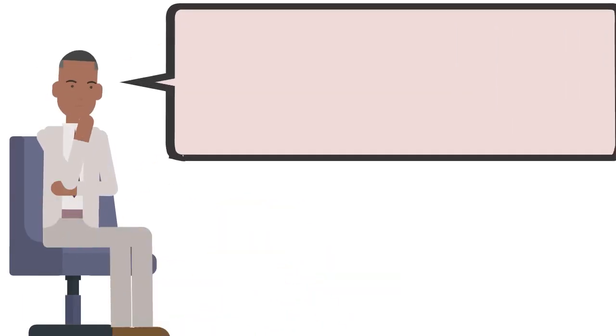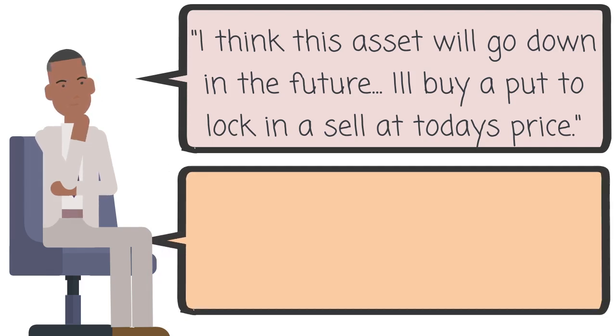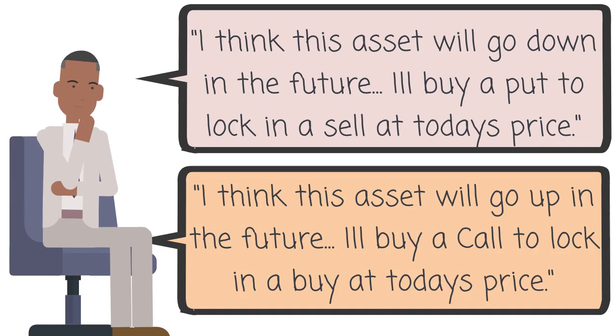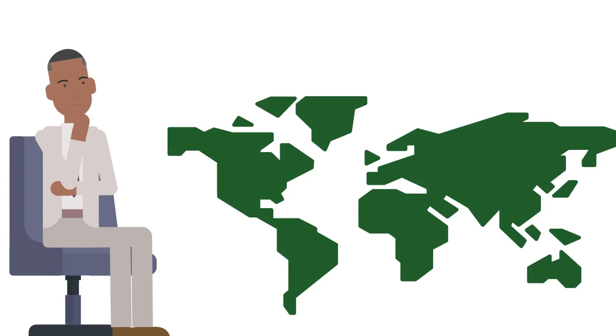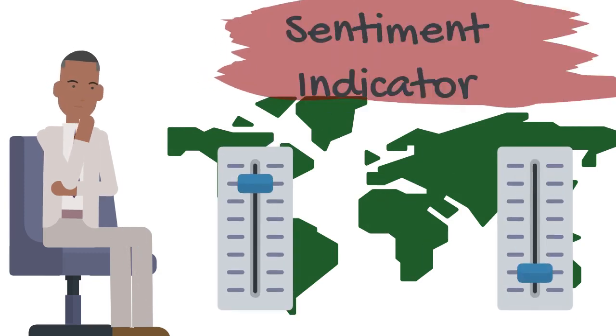If we're looking at a stock, essentially if you think the stock is going to go down, you buy a put so that you can sell it at the price and no longer have to suffer selling it at a lower price. And if you think the stock is going to go up, you buy a call so that you can buy it at the lower price and sell it at the higher price in the future. Obviously, buyers of both calls and puts are buying these financial instruments for a reason. The expectation of a direction of a security or the market is based on one's understanding, insights, and interpretations of various micro and macro events unraveling.